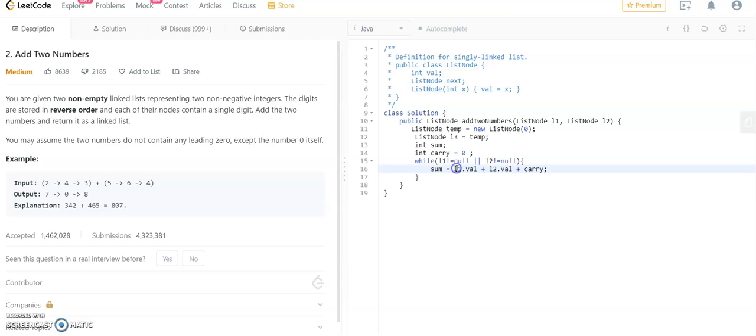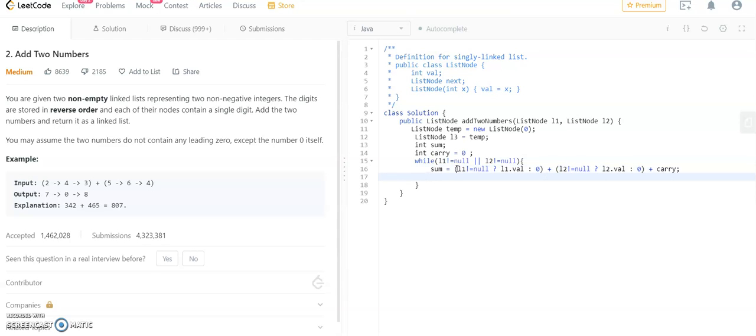So we'll check here, if L1 is not equal to null, then add L1.val, else add 0. Same goes for L2. If L2 is not equal to null, then add L2.val, else add 0. Hope you got this.